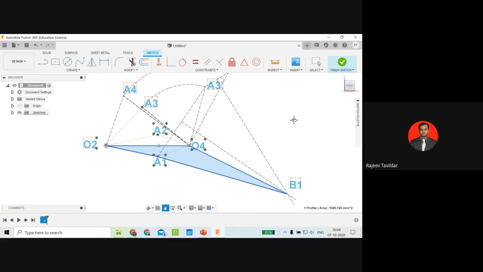See, the diagram may look complicated, but the procedure is very simple and it's going to remain the same for all the problems. Irrespective of whatever is the value, you have to just follow the procedure. You will end up in this 4-bar mechanism which follows the particular function.